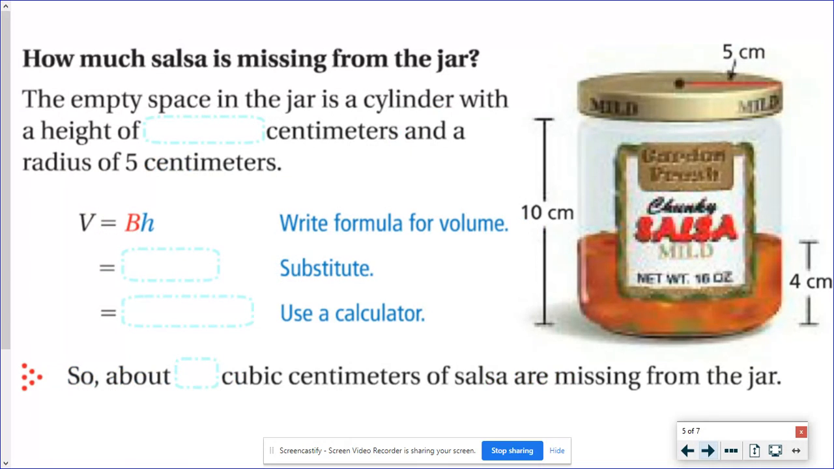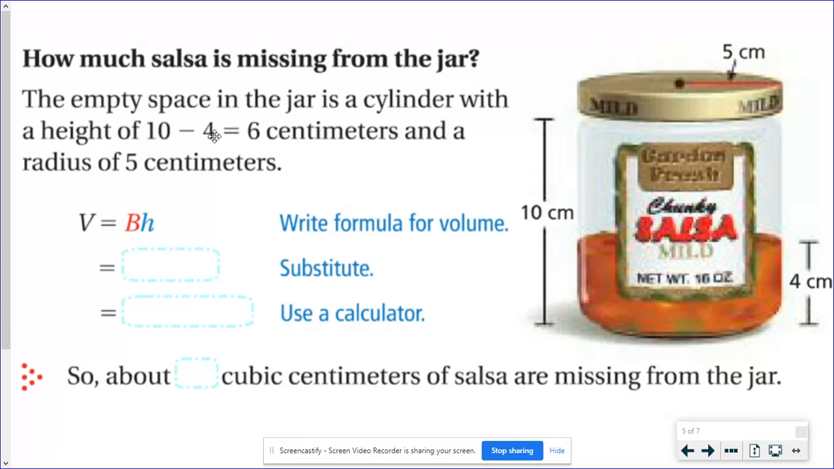Now, I know this picture is kind of blurry, I'm sorry. This is a picture of a jar of salsa that's 10 centimeters tall, and there's 4 centimeters in height of the actual salsa that's in the jar. So this says how much salsa is missing from the jar. So if it's a 10 centimeter jar and there's 4 centimeters of salsa, then that means that there's actually 6